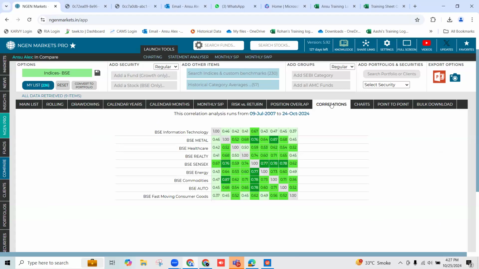So right here, this is the correlation matrix, which lets you see the directional similarity between every two sectors. For example, I keep my cursor right here on 0.37. This highlights BSE IT on the left-hand side, and on top you can see BSE FMCG. Now this basically says that if BSE IT moves up, 37% of times BSE FMCG will also move up in